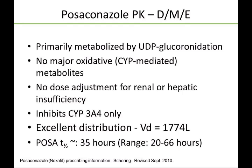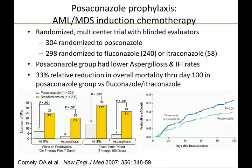So it's weird to have a drug with a long half-life, and we're going to say we're going to give it 3 to 4 times a day. But that's that saturable absorption issue hitting you there. Okay,